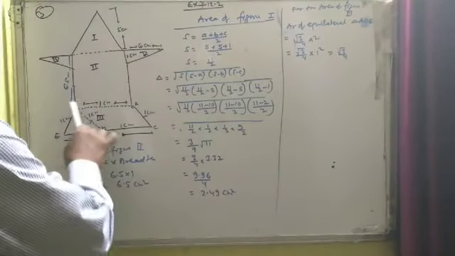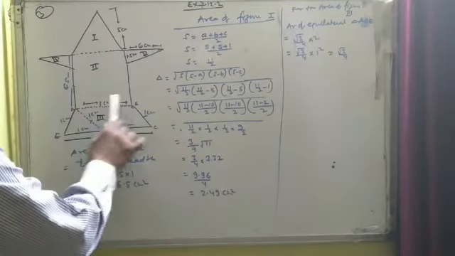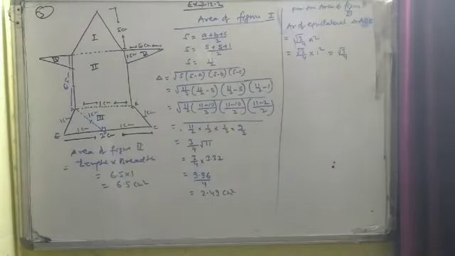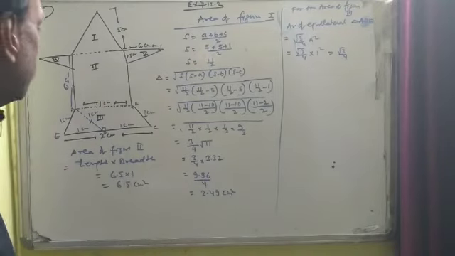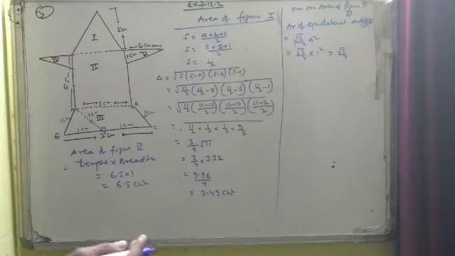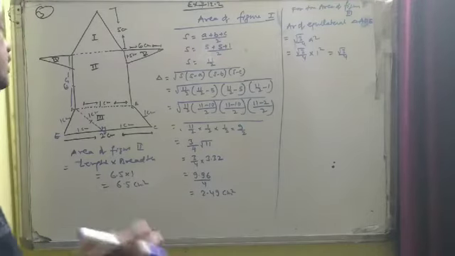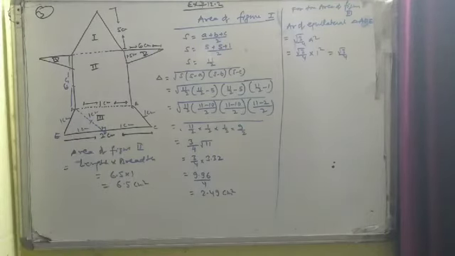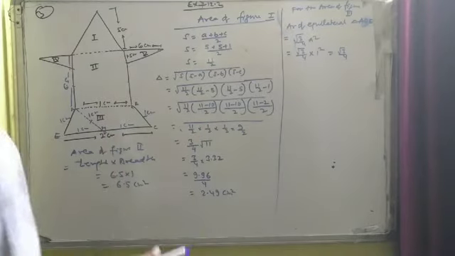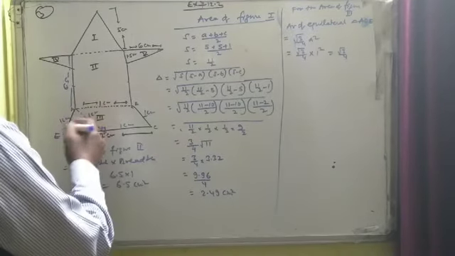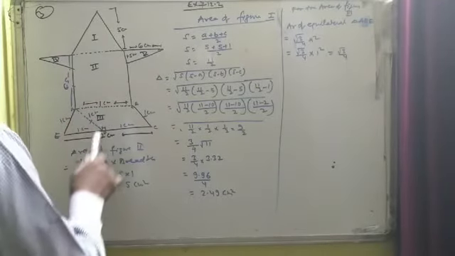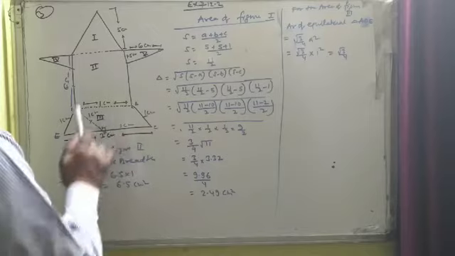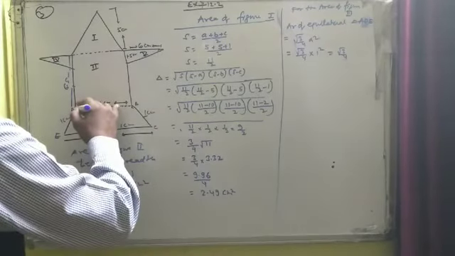But to get the area of this trapezium, which is ABCE, to get the area of this trapezium, we need to find out the height, because in the formula of area of trapezium, we need to have the height of this trapezium. But in this question height is not given. So therefore we will try to find out the height of this triangle, and whatever the height of this triangle will be the same as the height of this trapezium. So try to find out this one.